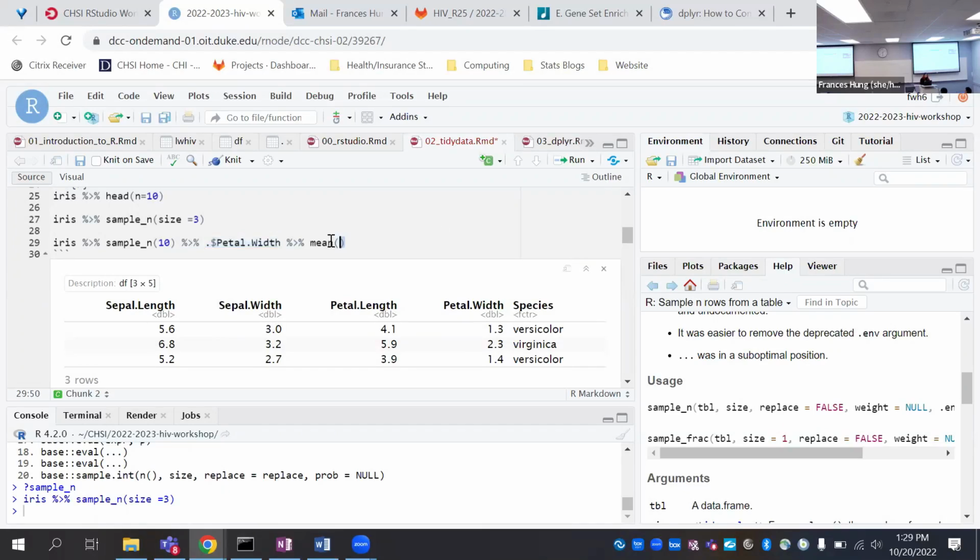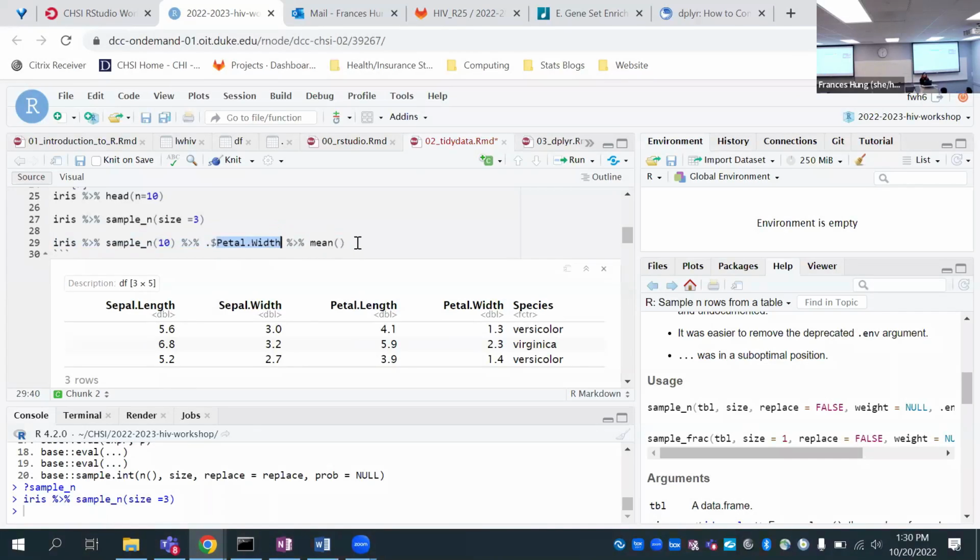And then we take the mean. For those of you wondering what this dot is, this dot just refers to everything before the previous item, so it refers to all of this. It's taking these 10 samples, and then getting the petal width column from it.